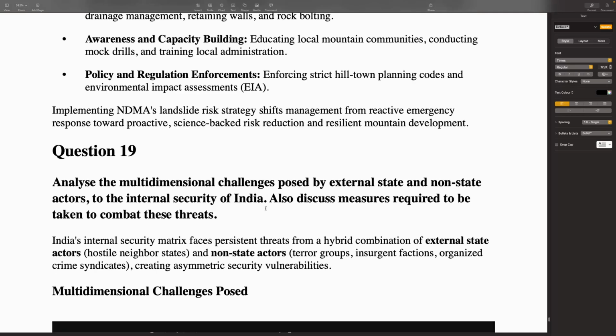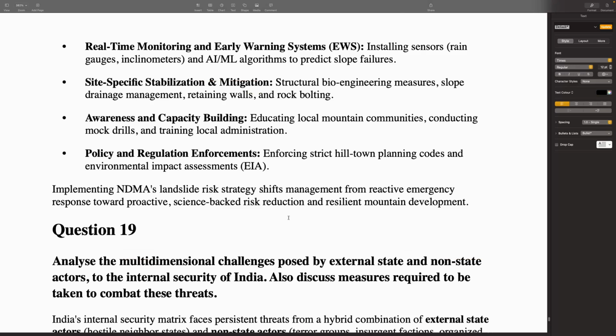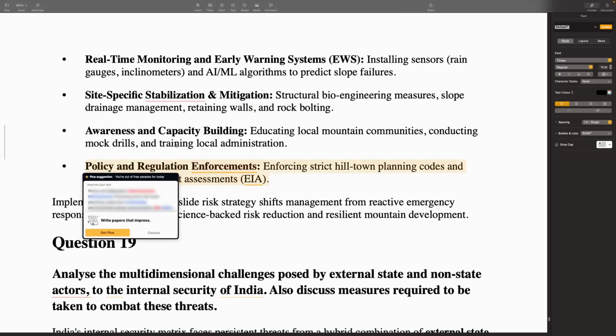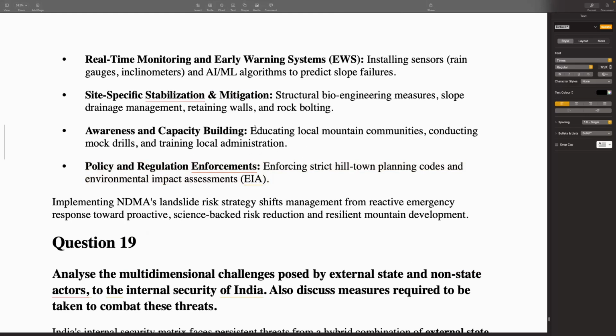Policy and regulation enforcement, enforcing strict hill town planning codes and environmental impact assessments. Implementing NDMA's landslide risk strategy shifts management from reactive emergency response toward proactive, science-backed risk reduction and resilient mountain development. Educating the local mountain community, conducting mock drills, and training local administration. I personally do not agree